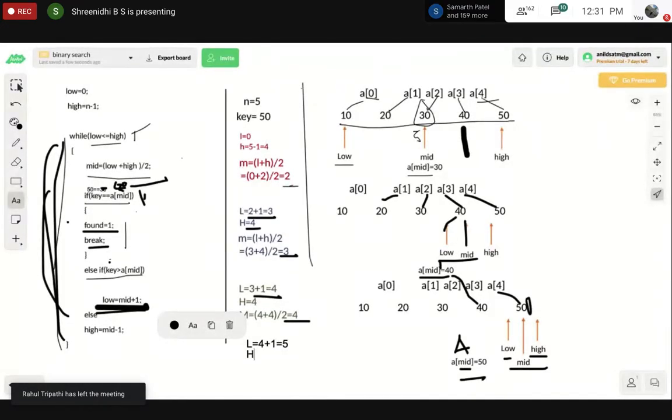And your high is still equal to 4 only. So 5 is less than or equal to 4. It's false. False means your while loop will not be executed at all. So if the while loop is not executed, as I told, this found will never become 1. It will be 0 only.